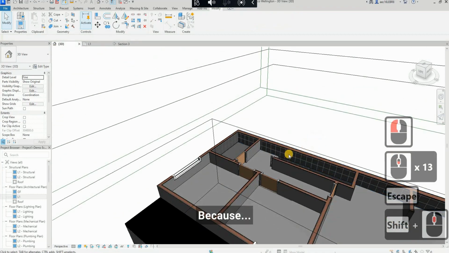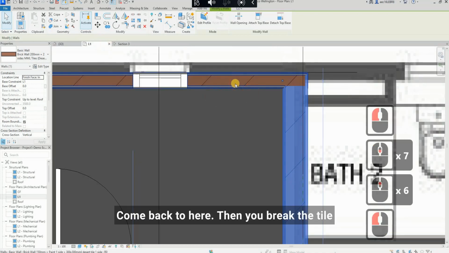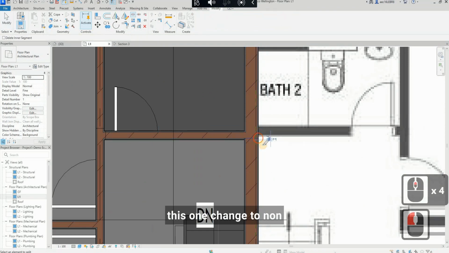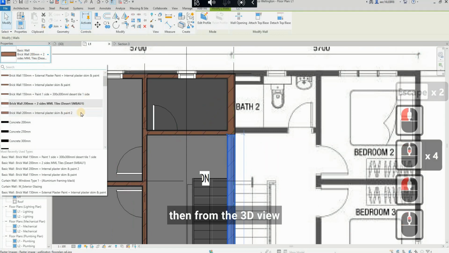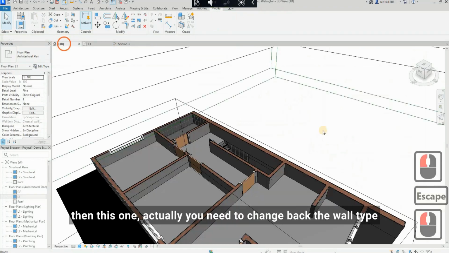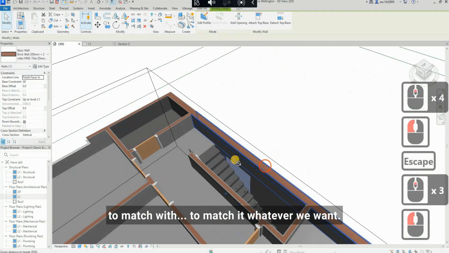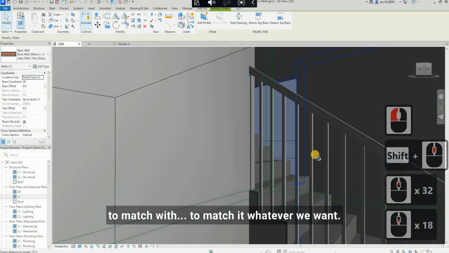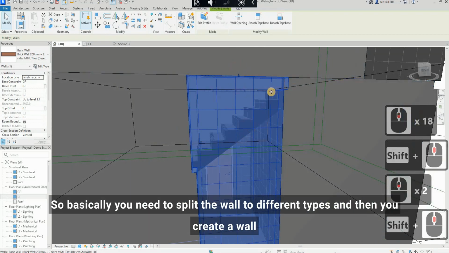Okay, this is not right. Come back to here, then you break the wall type here. This one changed to internal plaster skim paint, both sides. Okay, then from the 3D view, so this is a plaster skim, then this will be here. Then this one actually you need to change back the wall type to match whatever we want. Yeah, so basically you need to split the wall into different types